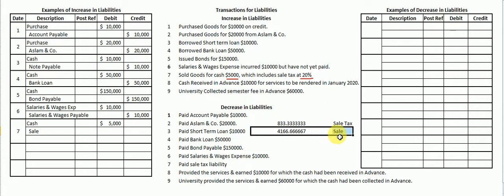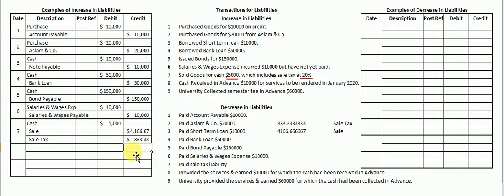Okay, not 5,000. The complete value is not your revenue, so that is why you have to just mention this value. It means the revenue increased 4,166.67, and sales tax also increased. What increased? Sales tax. And that is how much? Yes, that is